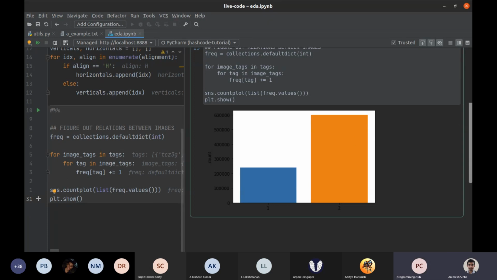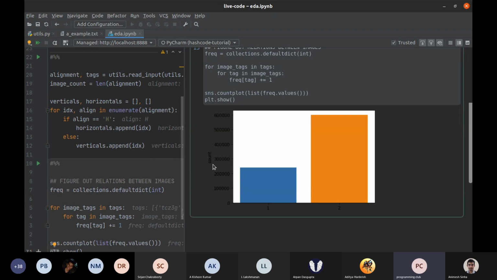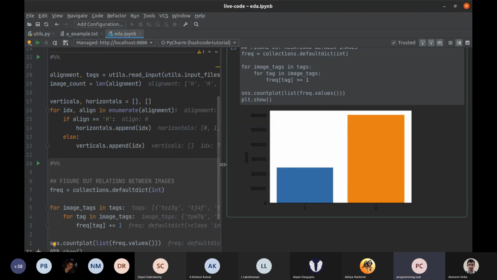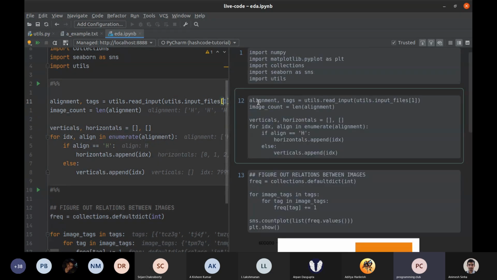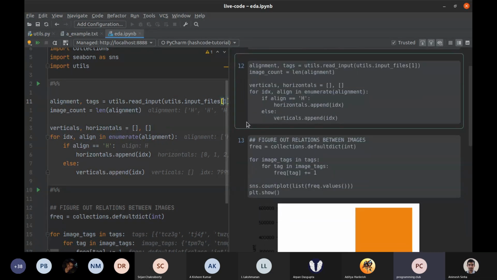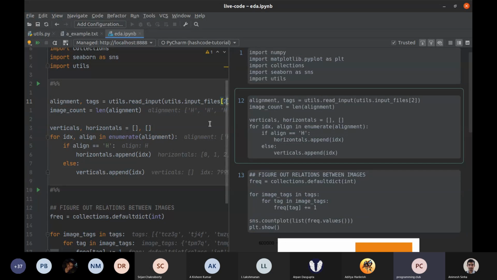Basically, in this graph the x-axis represents in how many images a tag appears, and the y-axis is the number of such tags. So as you can see in problem B, this is the fishy thing that's going on. All of the tags either belong to one image or they belong to 2 images. We know that we can exploit this, and we'll show you how later, but for now remember that you must always look at the most basic thing: tags connect images, right?